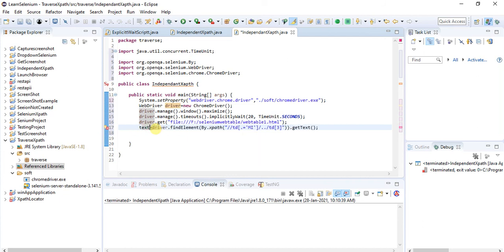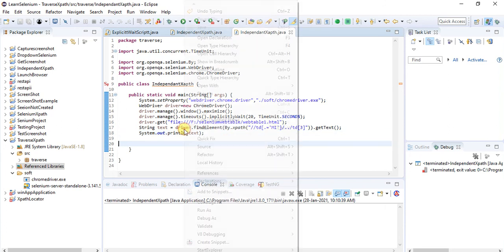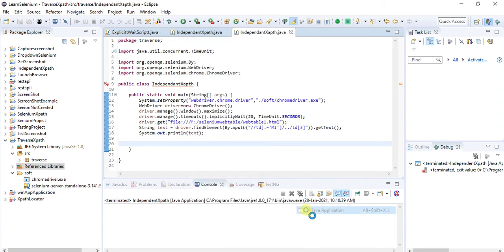I'll just give it the name text. Hover over it and it will create the local variable, and then it will be a string. I will pass this text to print, so that it prints whatever it identifies. Now I will save this code, right click on it, then go to Run As, Java Application.